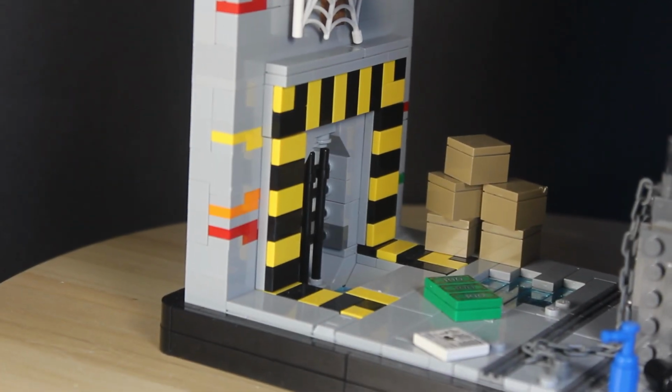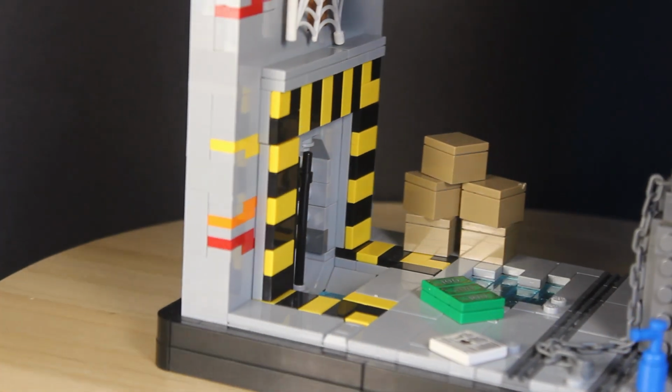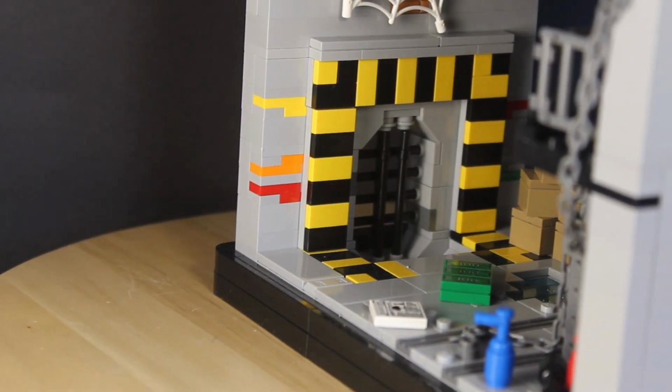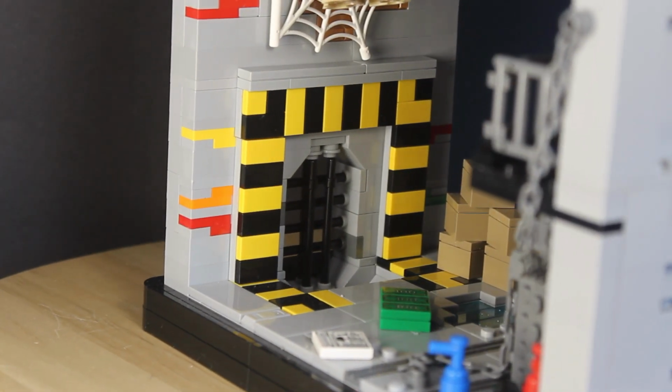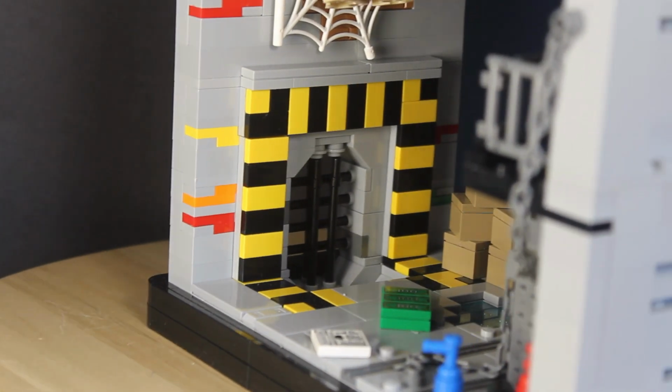If we make our way to the bottom of the wall, you'll see this movie accurate big sewer grate, and basically how I built it is that I used these slopes first of all to figure out the generic shape of it, because I wanted to make it as round as possible, and then I attached these bar pieces to some jumper plates on their side for the horizontal ones, and the vertical ones are basically placed normally,